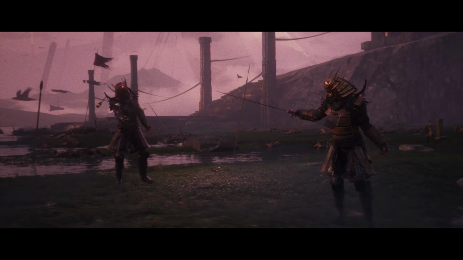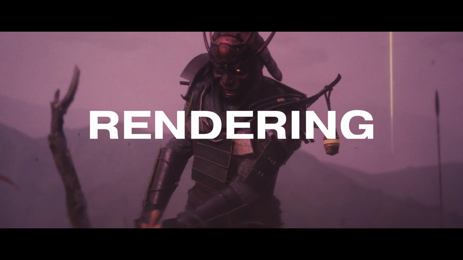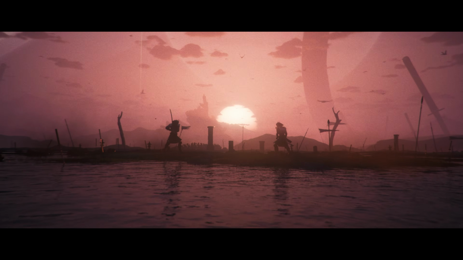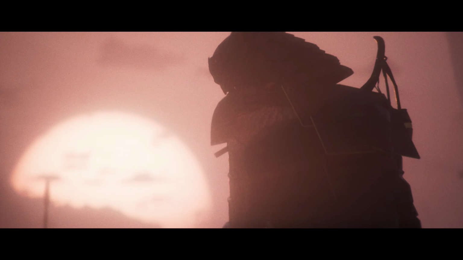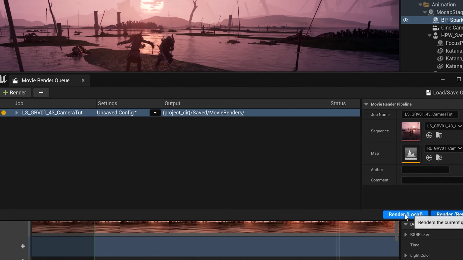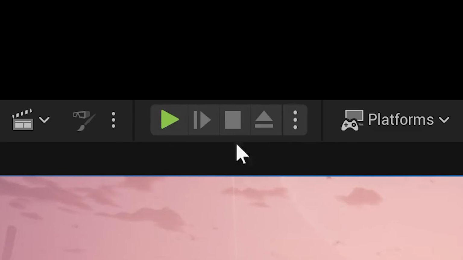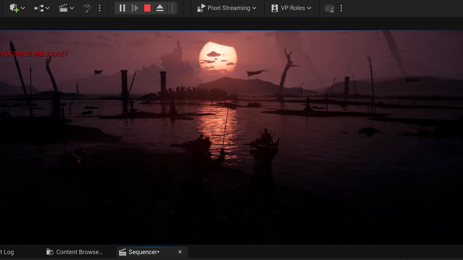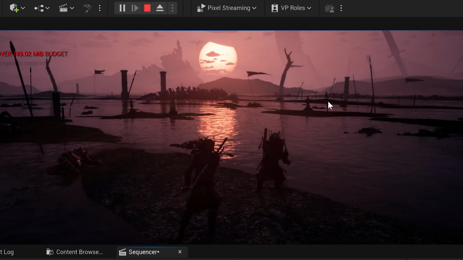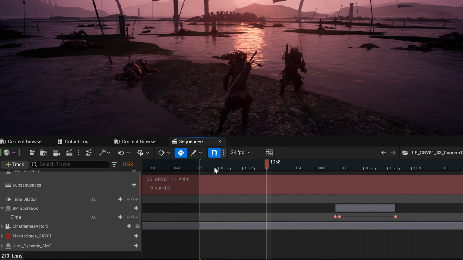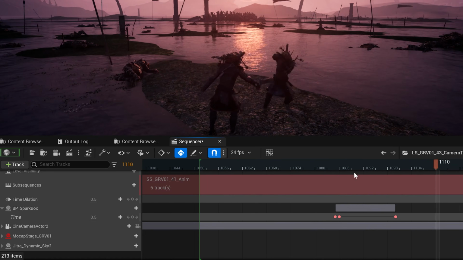And lastly, I think a lot of beginners can be confused by the rendering process inside of Unreal, and I totally get it. This was definitely the hardest thing to comprehend at the very beginning. But the real important thing that you have to know, which will hopefully demystify this entire thing, is that whenever you go to render local out of movie render queue, what happens is our game starts to play and our physics begin to simulate. Now, this can be very confusing because we're not really playing a video game inside of Unreal Engine. We really just want to play back Sequencer, but we can't preview our final render because this is